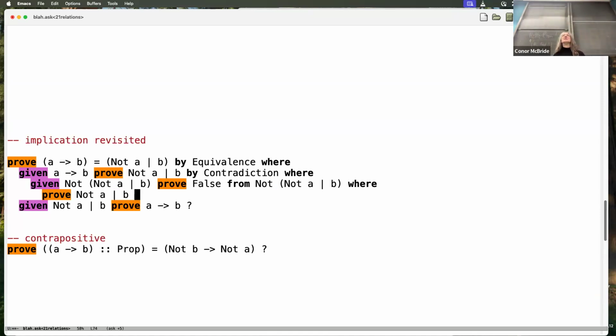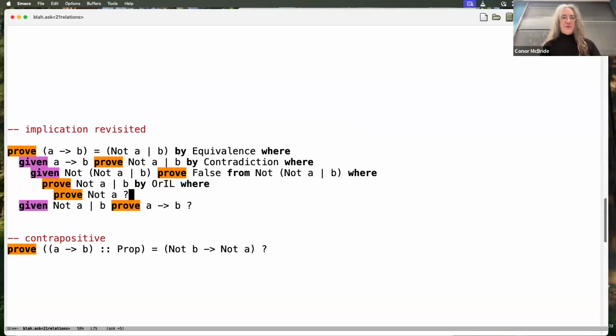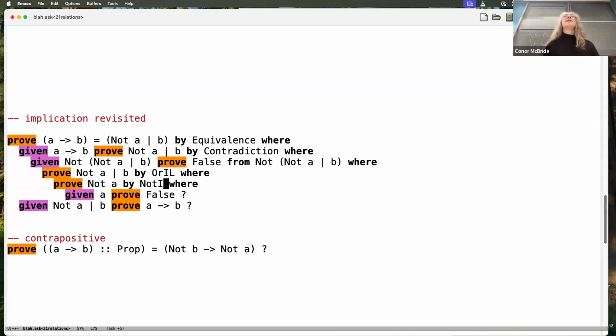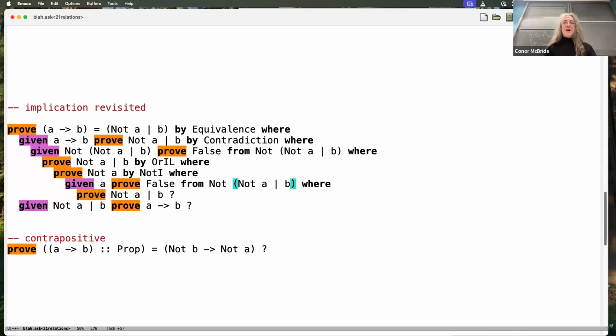Well, I'm not going to go right. That won't get me an A, but I will go left. Then I'll be asked to prove not A, and I'll do not introduction, and that'll give me an A. Excellent. Because now I do this trick. You're going to get right. Now that I've got an A, and an A implies B, do you know, just for a change, I think I'll go right.